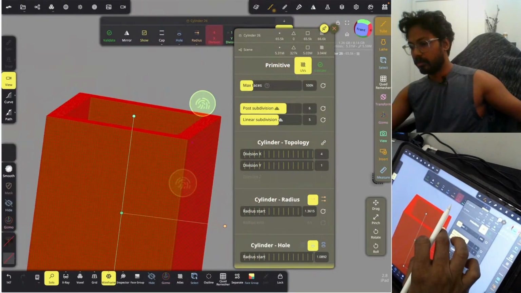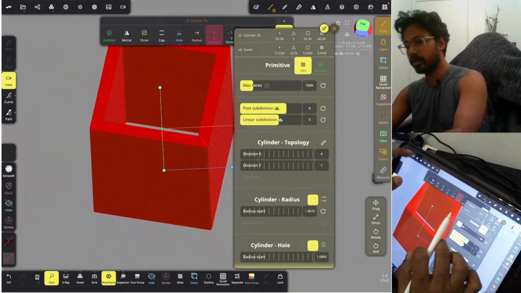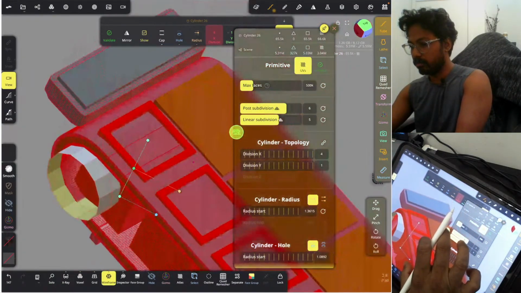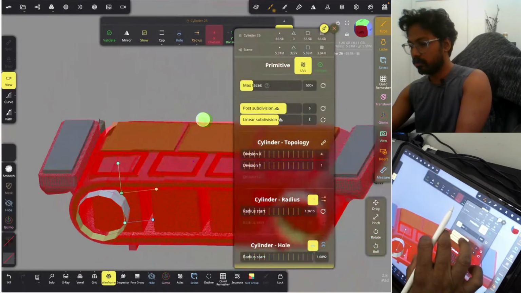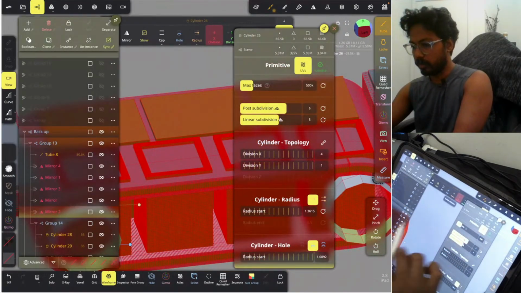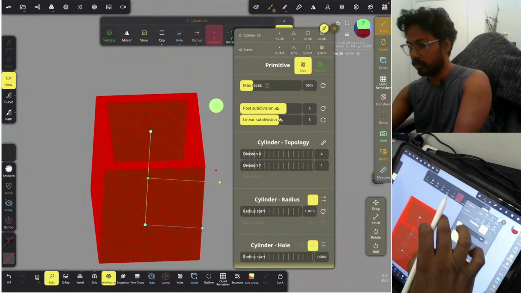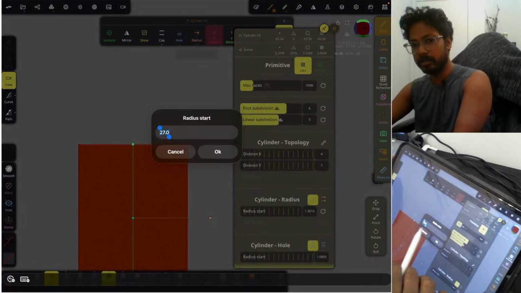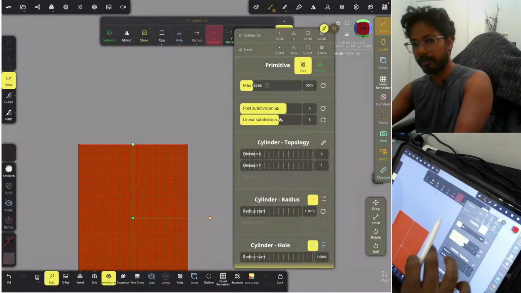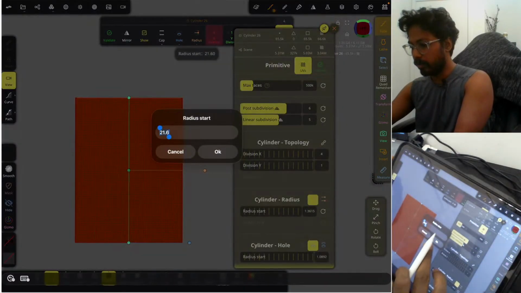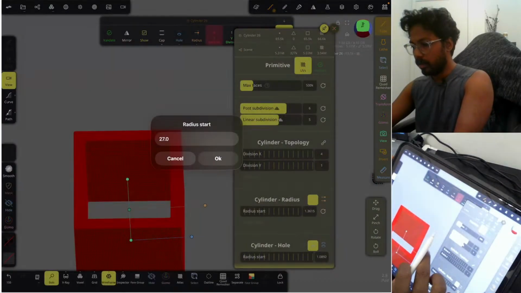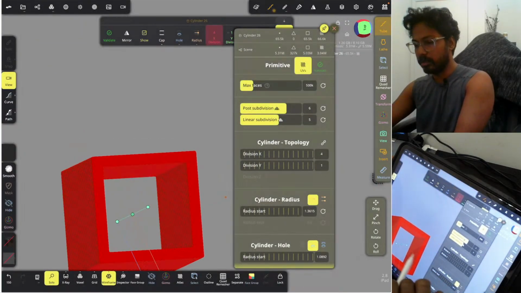I need to just create a cavity for this to enter the main body. And what I did was, why I used a cylinder is I know that I can control the dimension by just straight away typing in the value I want for the hole and the outer dimension, and I know that is going to define the wall thickness. So once I know that is there,